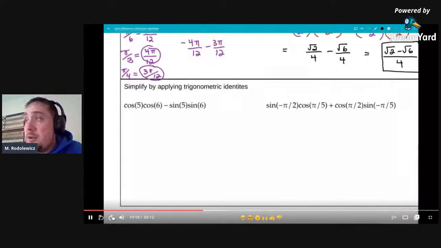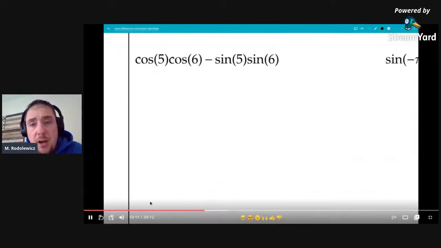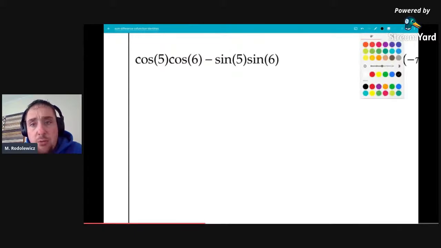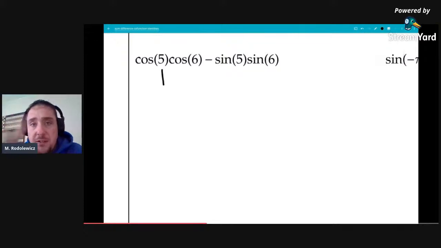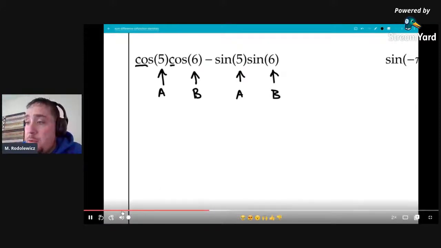This is an example of using the identities, maybe if you want to think of it as reading from right to left. But remember, equality is the same forwards as it is backwards. 2 equals 1 plus 1, therefore 1 plus 1 equals 2. So what I'm doing here is looking at,